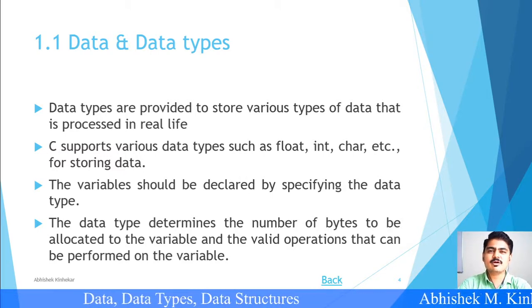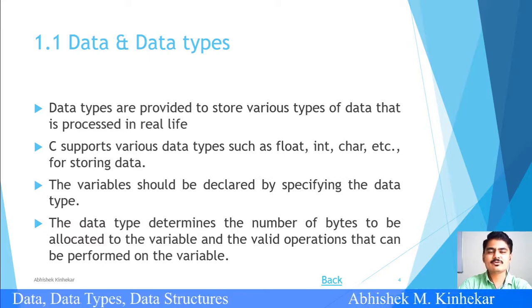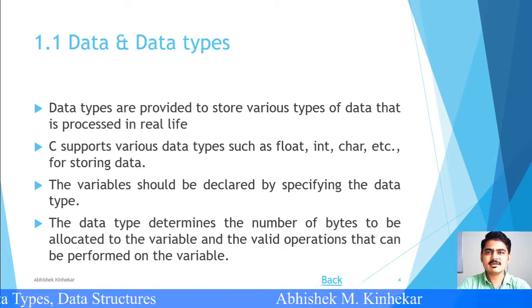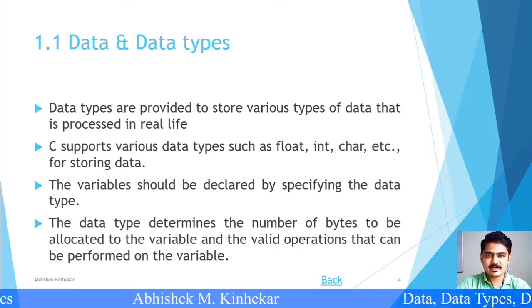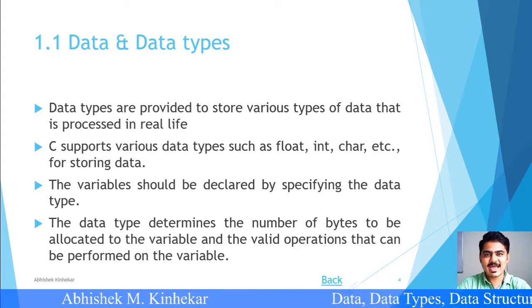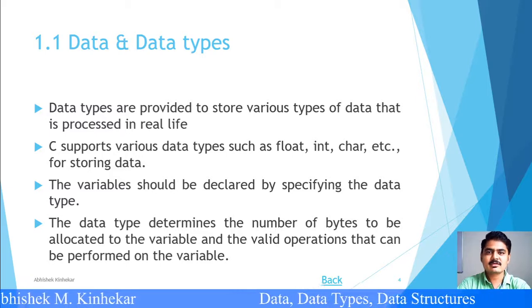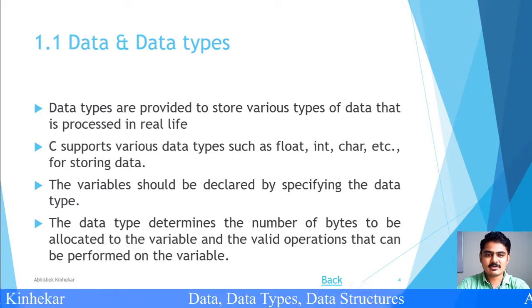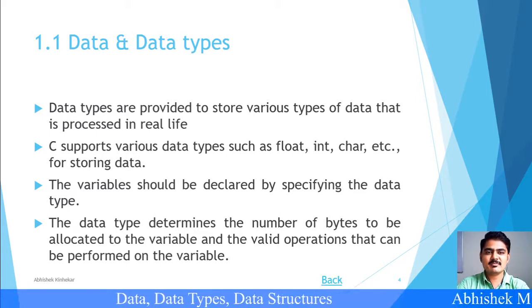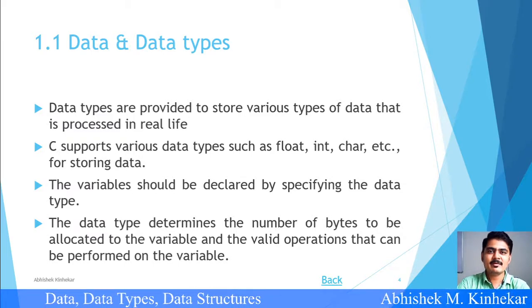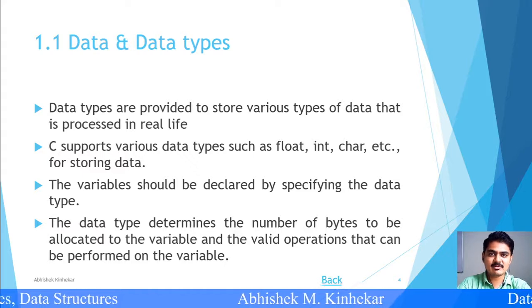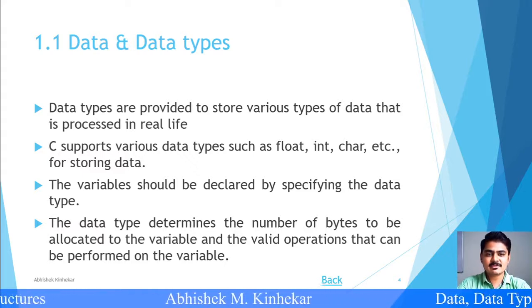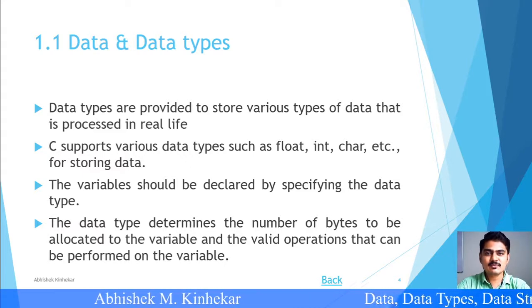Let us simply assume you have to store your own name. A name is a series of characters, so we have to use an array of characters. So the data type of an array or a collection of characters should be char. Each data type is mandatorily fixed before your data variable, so that the compiler gets a complete idea of what to do with that data.